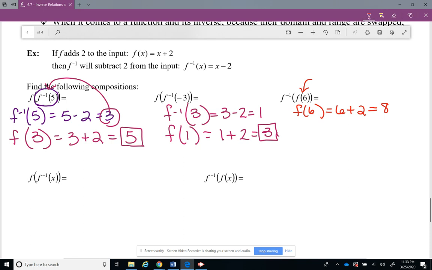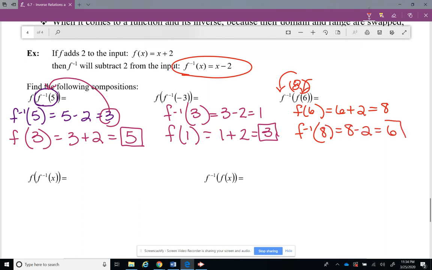All right, now we're going to take that 8 and input it into f inverse. So here's f inverse. We're going to substitute 8. So we're going to do 8 minus 2, which is 6. All right, we're going to start down here with f inverse, or the inverse of f. We're going to substitute